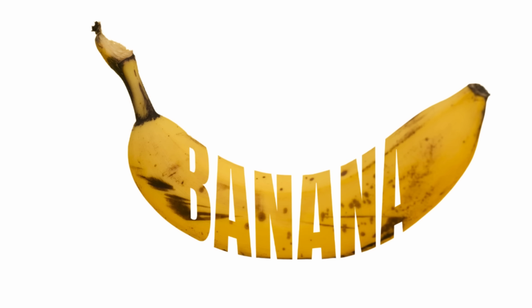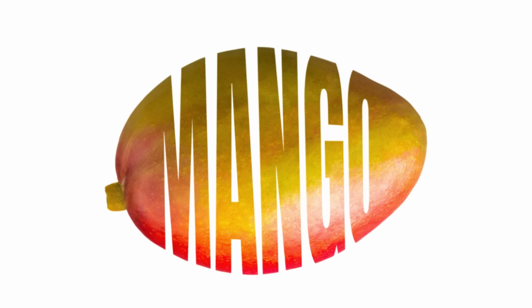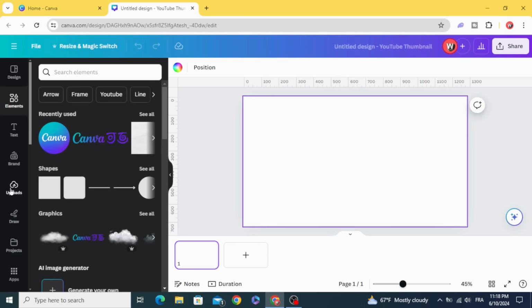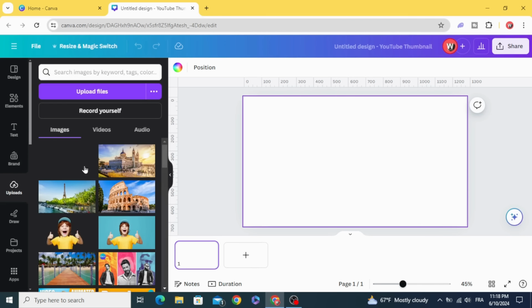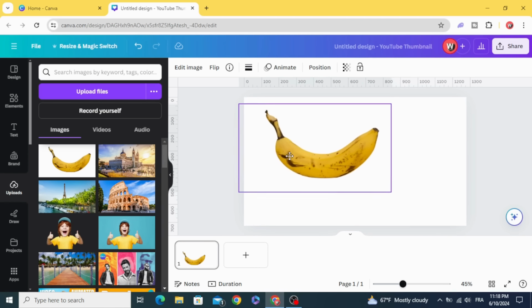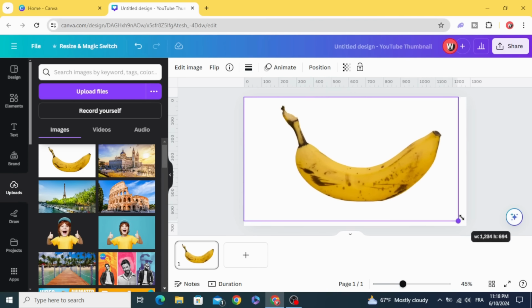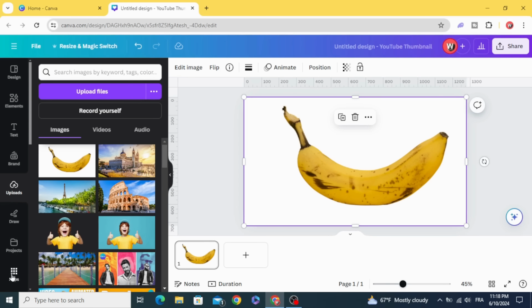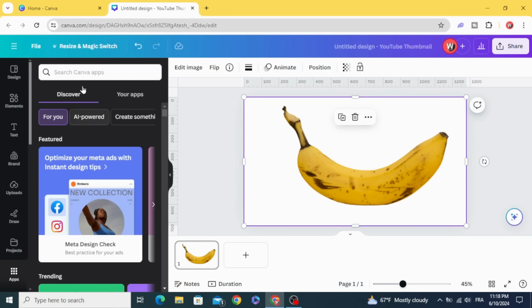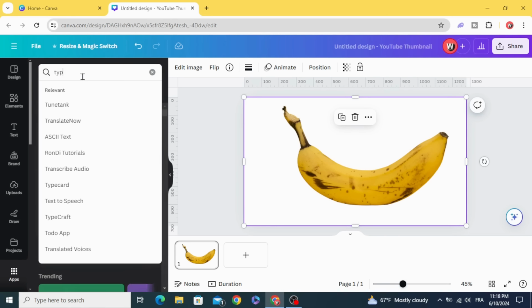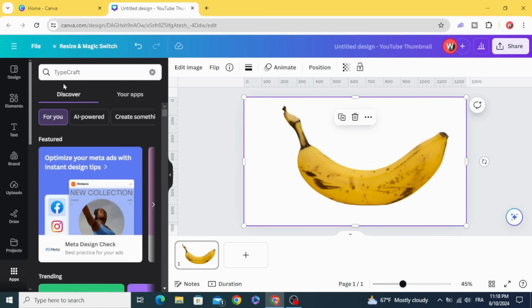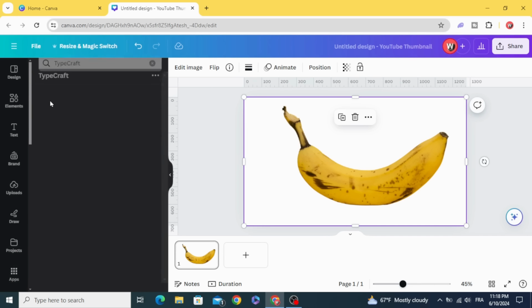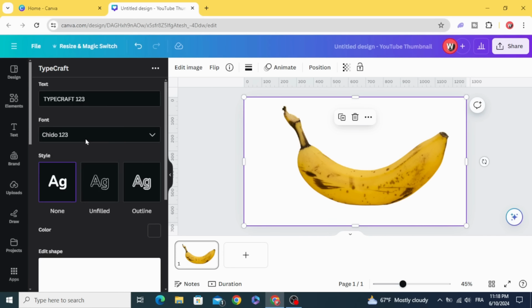Today I'm going to show you how to make this typography effect in Canva. After uploading your image, drag it to the design, go to apps and type craft, choose this app and type your text